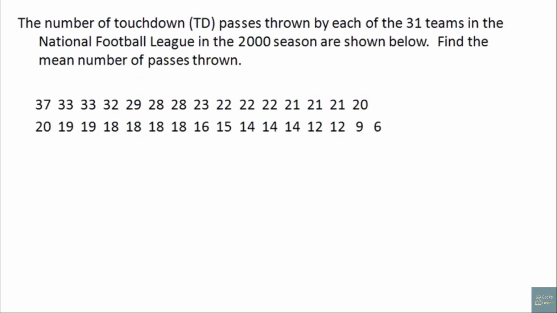Let's look at another one. Here's the number of touchdown passes thrown by each of the 31 teams in the National Football League in the 2000 season. We could find the mean number of passes thrown. If we're going to do that, we need to add all of these up, so we find this plus that, plus that, and so on and so forth. It turns out those add up to 634. Then to find the mean, we take that sum and divide it by how many scores there are. There are 31 different counts here. We divide that, and we get